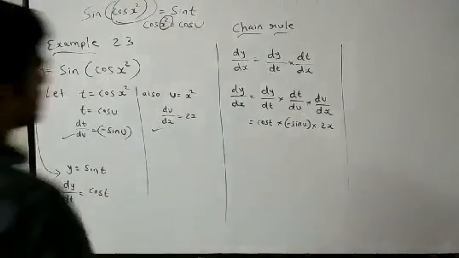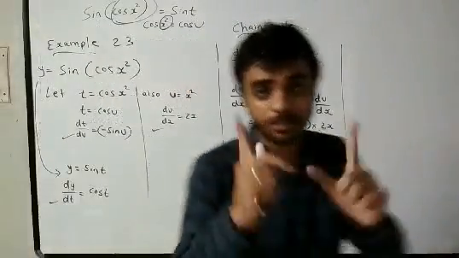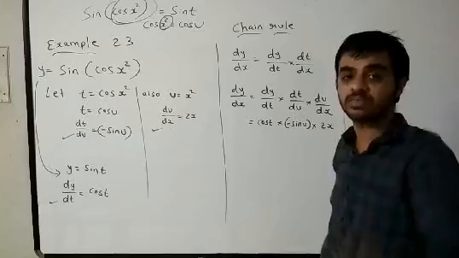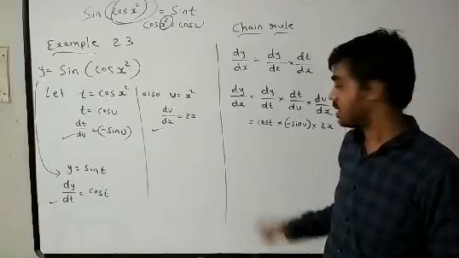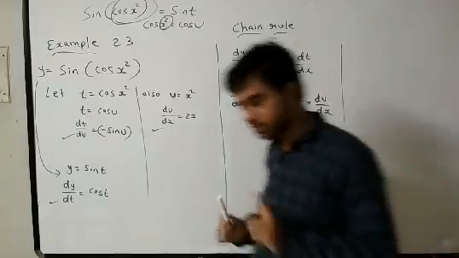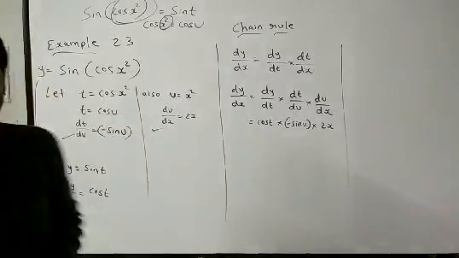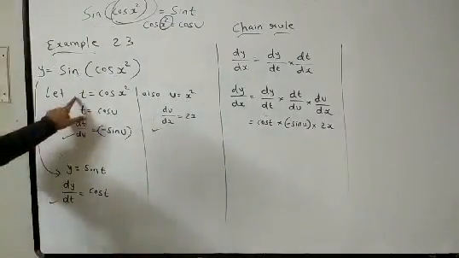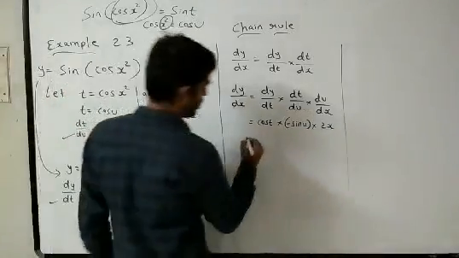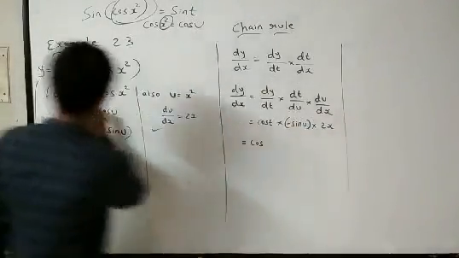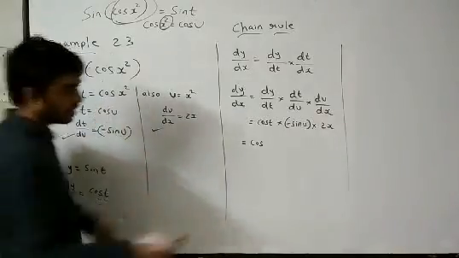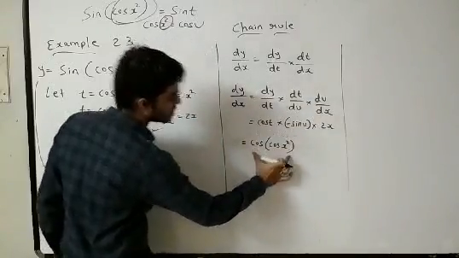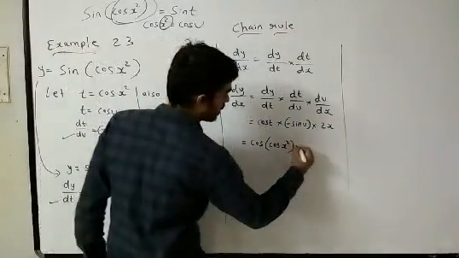Now here most of the answer gets completed, but a very important thing: our question is in x square form, or x form, but here we have t and here we have u. So we are going to write this t in terms of x or x square. T is what? Cos x square. So just keep the value of t, that is cos x square, but in brackets, right? Cos x square, because it is cos t. Cos t and this are both the same thing. Don't get confused over here.